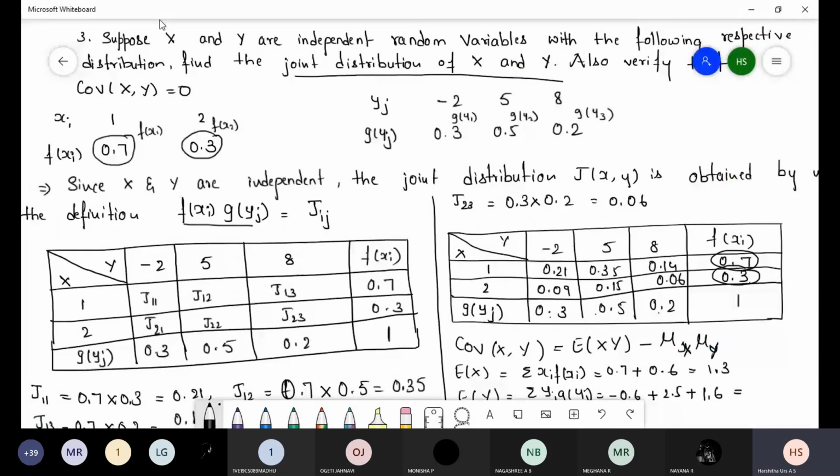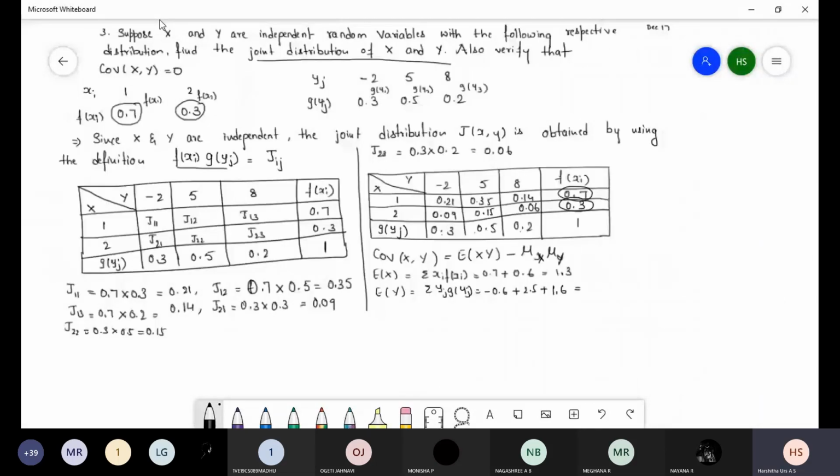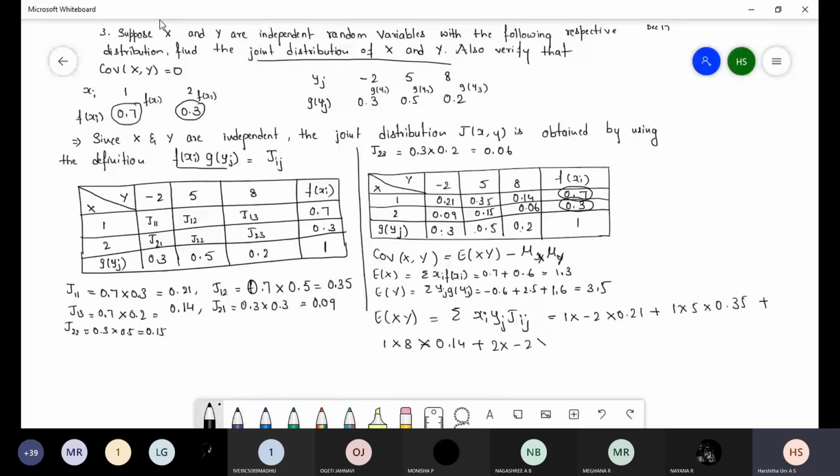Next, E of XY is the sum of xi yj into Jij: 1 into minus 2 into 0.21 plus 1 into 5 into 0.35 plus 1 into 8 into 0.14 plus 2 into minus 2 into 0.09 plus 2 into 5 into 0.15 plus 2 into 8 into 0.06,